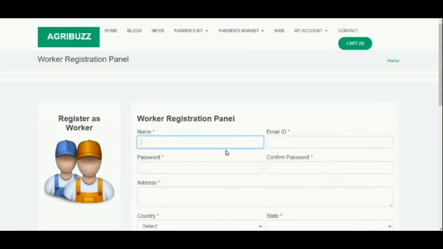The workers can register by mentioning their name, email ID, password, confirm password, address, country, state, city, pin code, contact number, biodata, that is the resume, work profile.